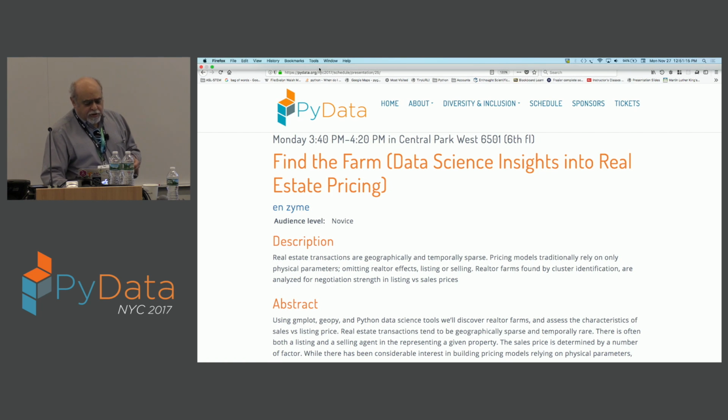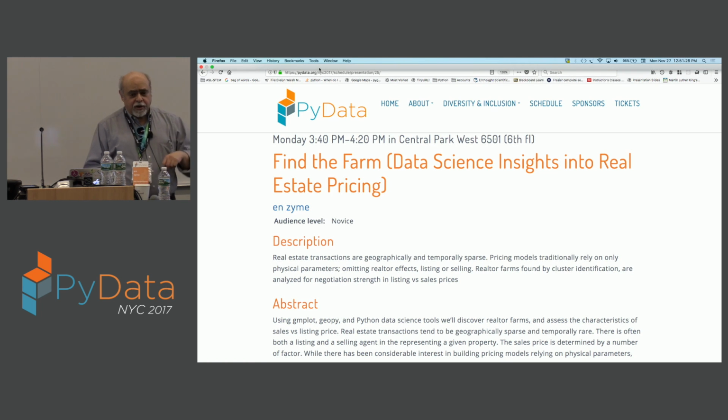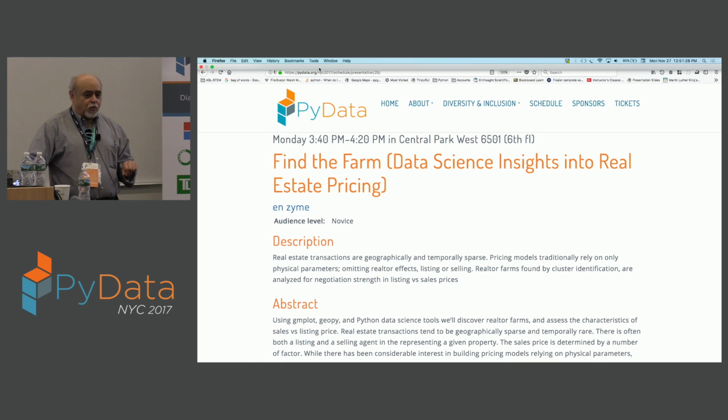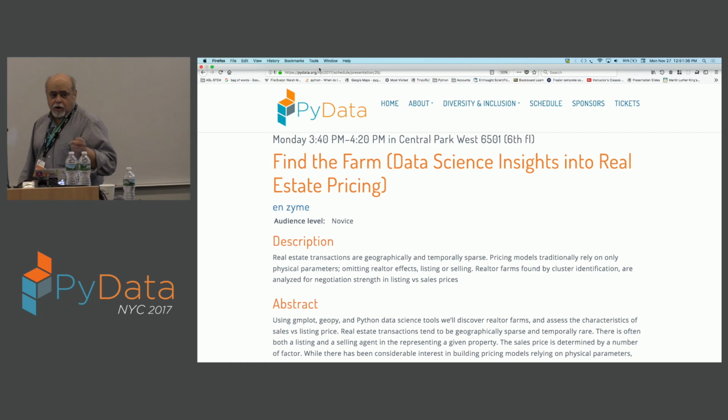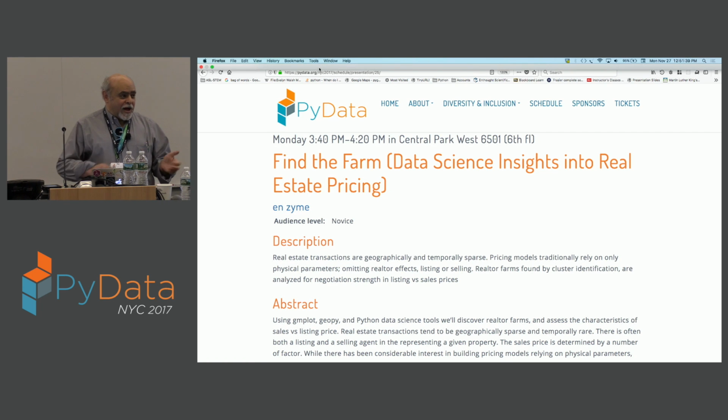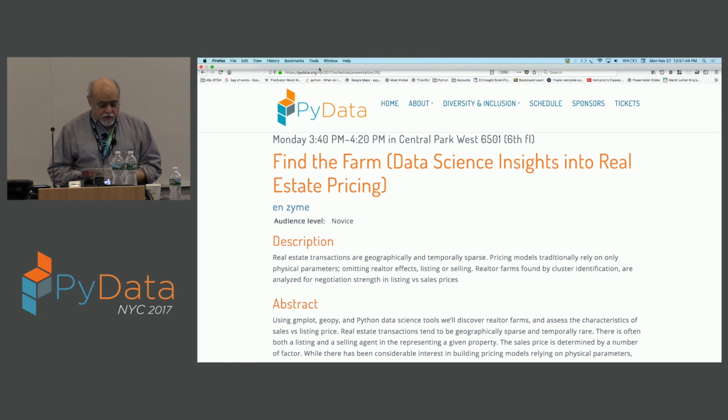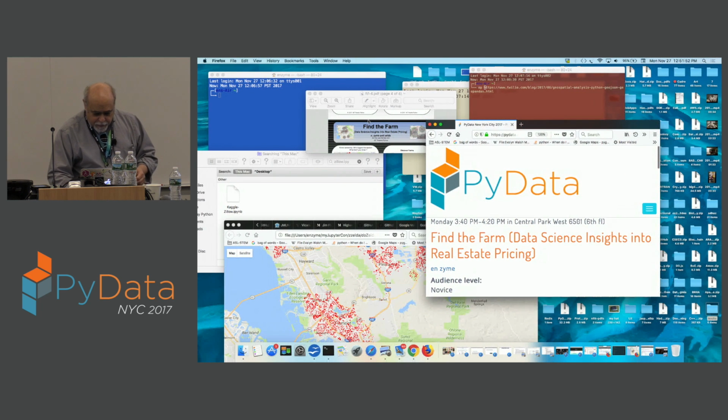So part of the reason they may be wanting to avoid doing MLS is because MLS data is owned, just like Zillow data is owned. And the major source of income for Zillow right now are realtors who are paying Zillow for marketing to generate leads. Zillow makes very little money any other way. So having that relationship with the realtors is a love-hate relationship, right? Because the realtors are paying Zillow to do lead generation, and if they don't get any leads, it's not a good deal for them.